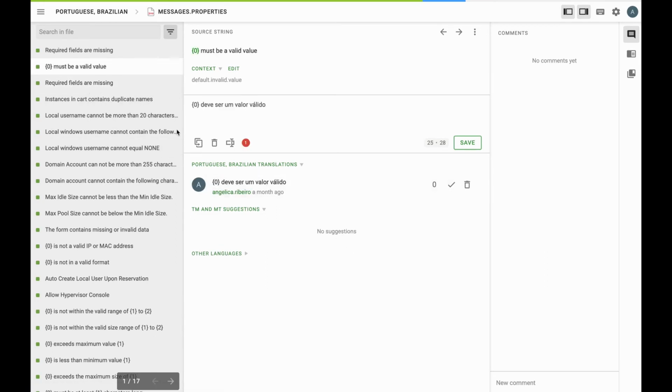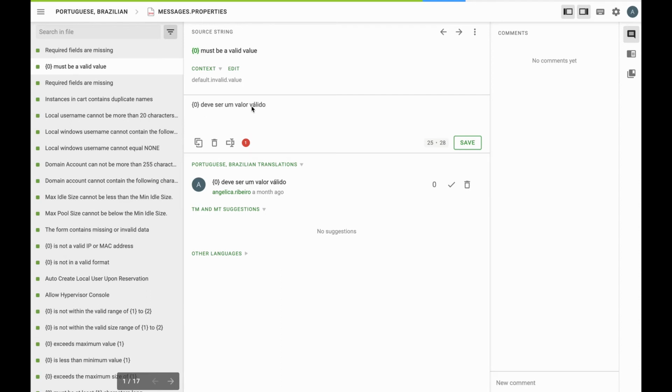One other thing to note, in some of the strings to be translated, you'll see a number inside of curly braces like we see here, and that is where a variable would be resolved within that UI message. So here we can see a 0 inside of a curly brace. When that is there in the US English default string, we need to make sure that's also in the translated string as well, or else the proper variable won't be resolved there when this particular message is viewed in the